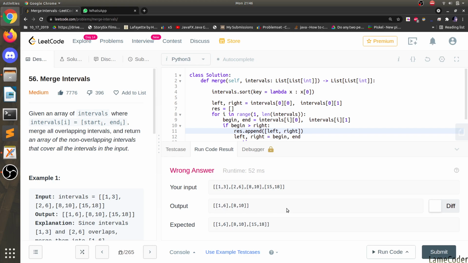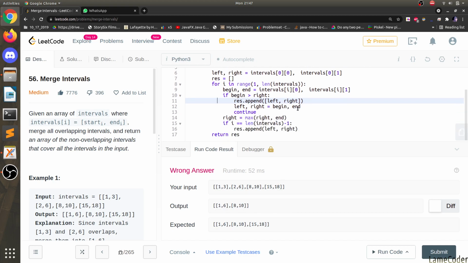Okay, so we have 1 6, we have 8 10, but we don't have 15 18. We appended if i is equal to length of intervals minus 1, then append left and right. Okay, instead of appending left and right, what we have to append is end and left.